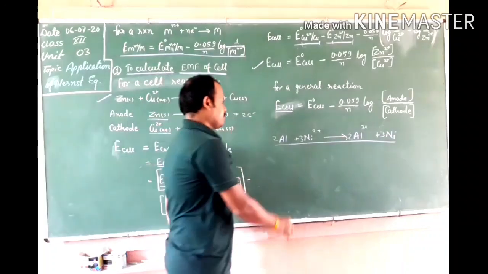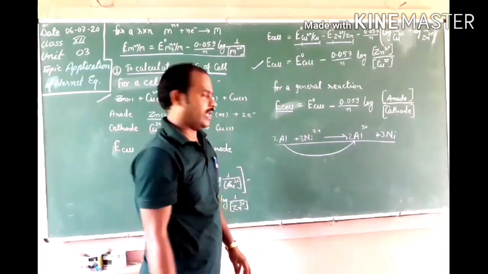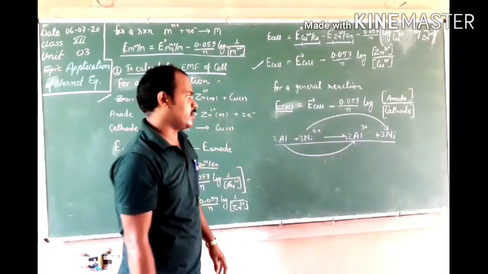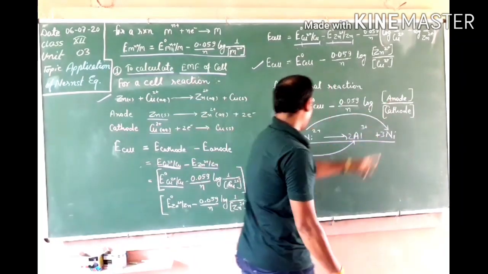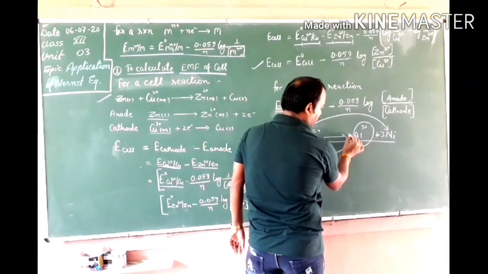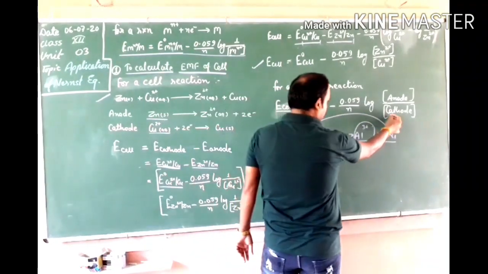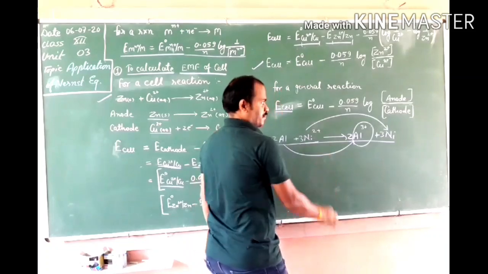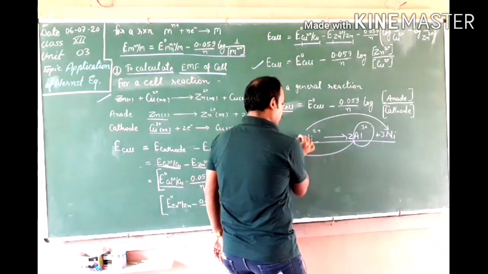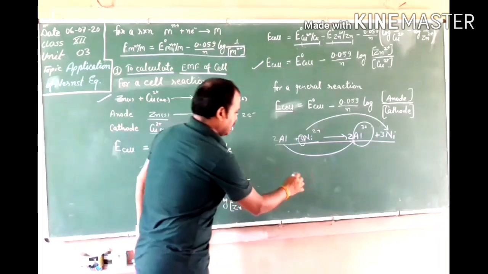In very simple terms, the element which is undergoing oxidation is the anode, and the element which is undergoing reduction is the cathode. So in place of anode, we will write the concentration of this Al3+, and its power will be equal to its stoichiometric coefficient. And for the cathode, we will write the concentration of Ni2+ here. So the concentration of the cathode, and its power will be equal to its stoichiometric coefficient. It means for this reaction, E cell